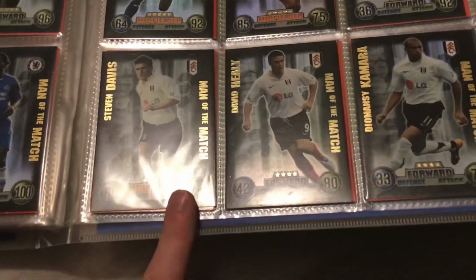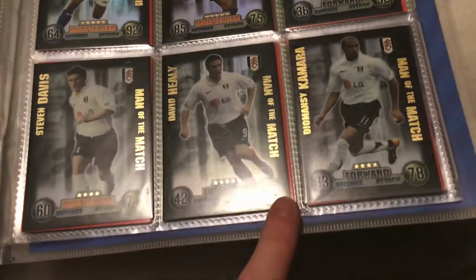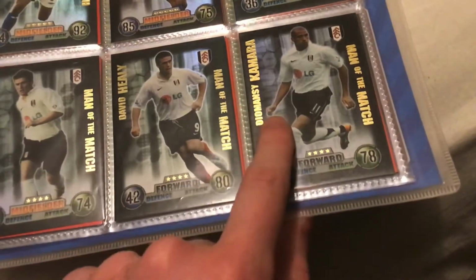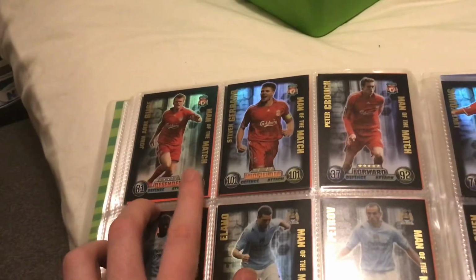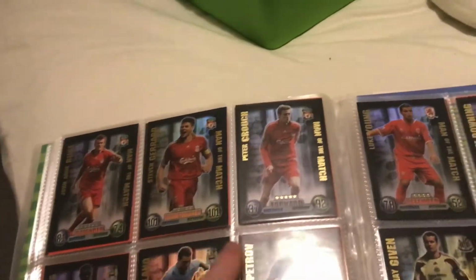Fulham, 74 on Stephen Davis. David Healy, 80. And Diamansi Kamara with 78. Now, turning over, we've got Liverpool, which has the best card in the entire collection. We've got John Henry's 81, Peter Crouch 92 attack, very good. And then,